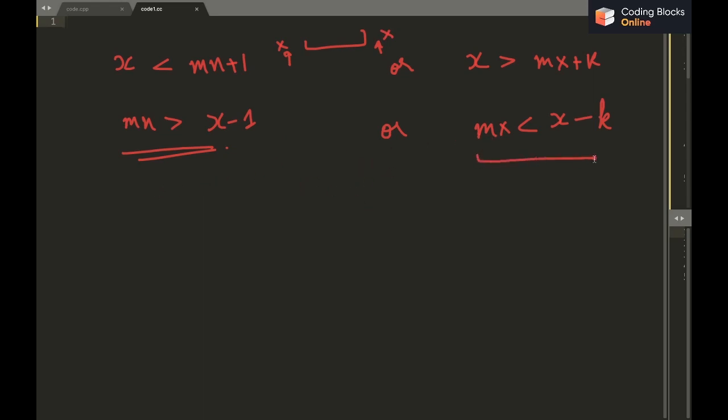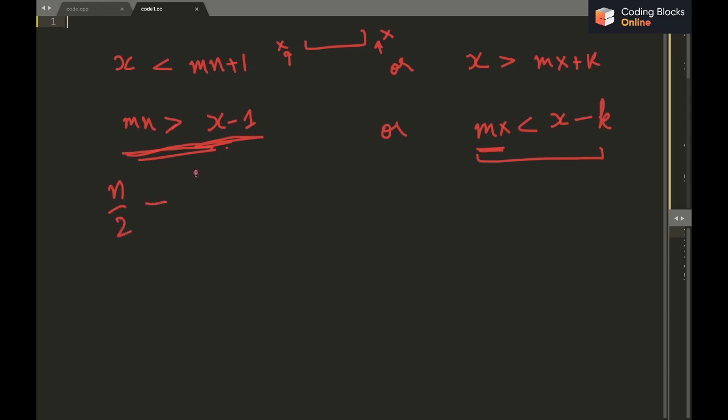To do that, I can simply maintain an mx array which will contain the maximum values of each pair, and then I can apply binary search to get the number of pairs with mx value less than x minus k. In this case also, I'll be using the lower bound that is inbuilt in C++. The total number of pairs is going to be n by 2.